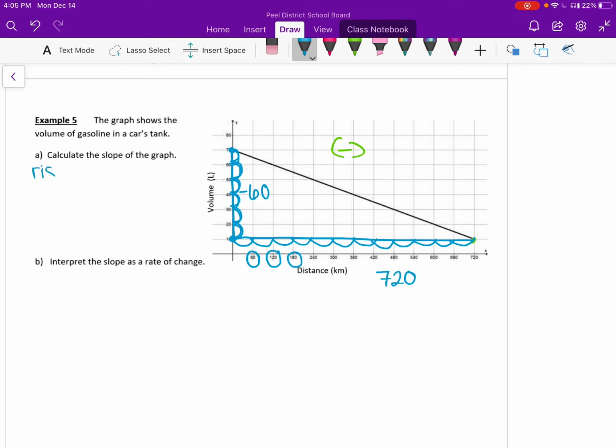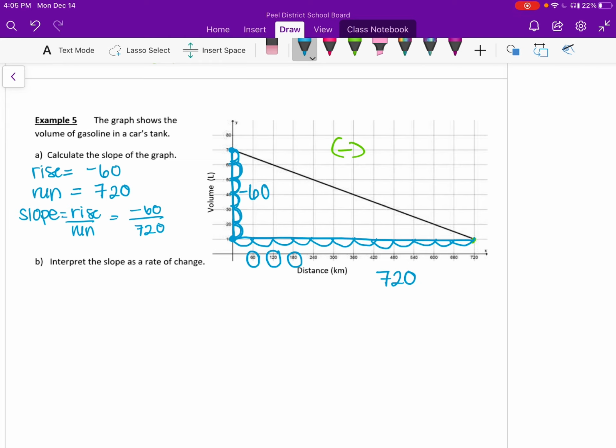So my rise is going to be negative 60. My run is going to be 720. That means my slope is going to be rise over run equals negative 60 over 720. I'm just going to plug that into my calculators. Negative 60 divided by 720